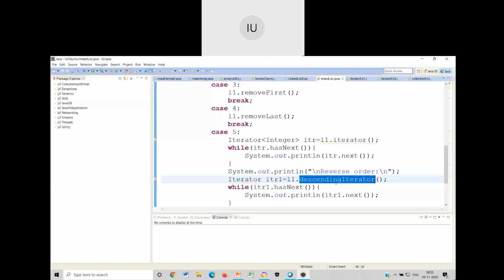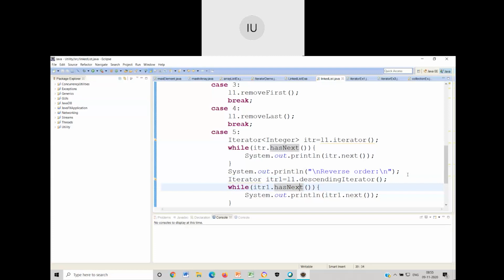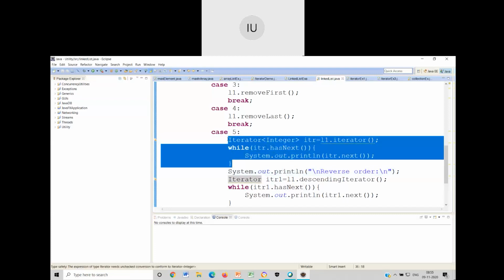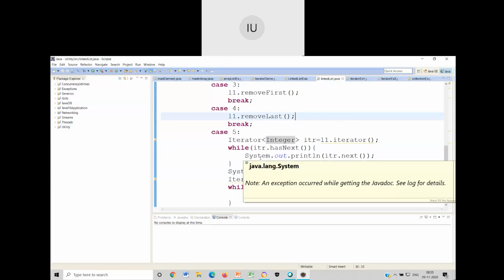Then I can use the hasNext function only. In the next example, I'll be showing you how I can use hasPrevious. But for now, you just concentrate on these 4 lines of code. This talks about creation of an iterator object, and this iterator object makes it so convenient to navigate between the elements of the linked list, so that I can jump to the next element so frequently.